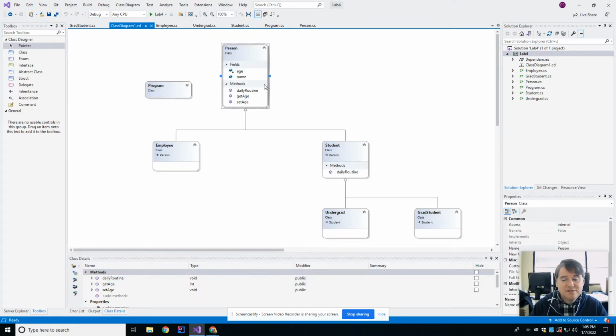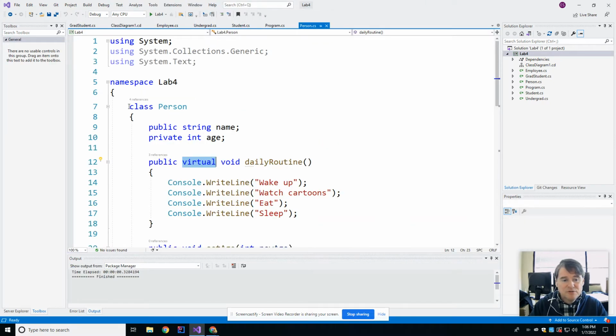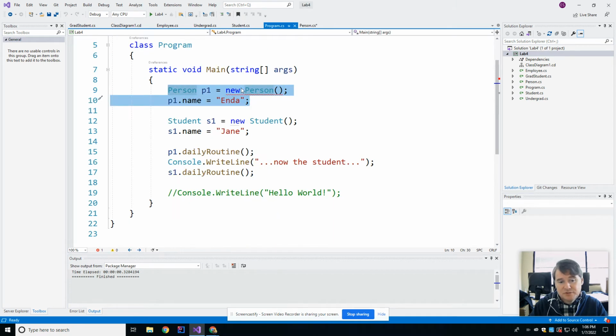Person, in the context of KSU, is not a real thing. You would never actually make an instance of person. You would make instances of employees and students. So what I'm going to do is go to person and say abstract class person, simply putting the word abstract on front of it, and I'm declaring that this class cannot actually be instantiated. So this is immediately going to cause a problem over here in my main, because right here I tried